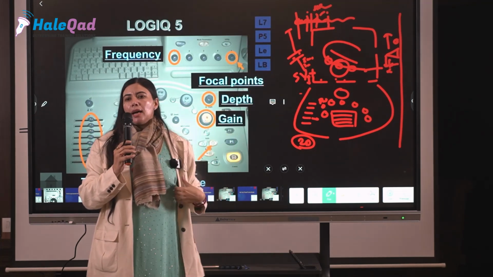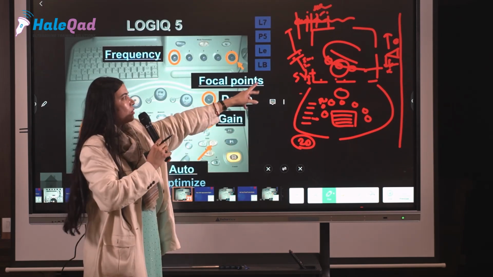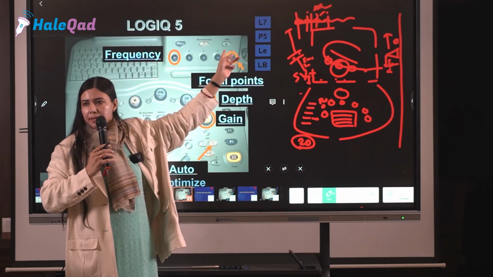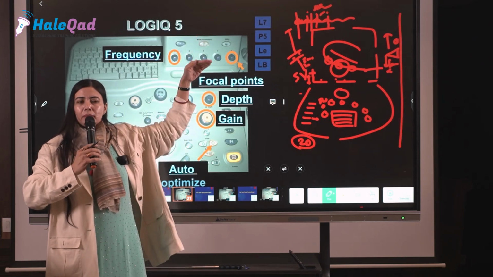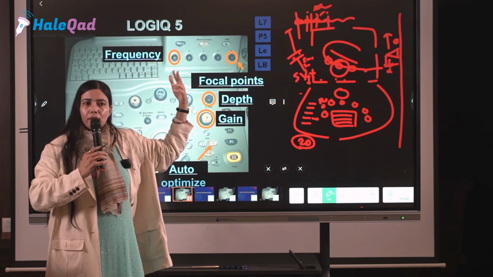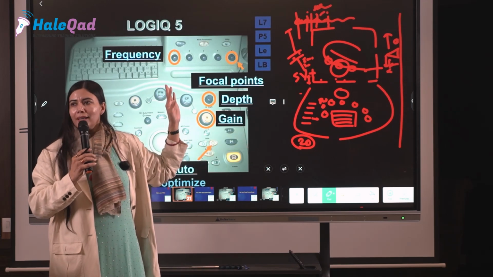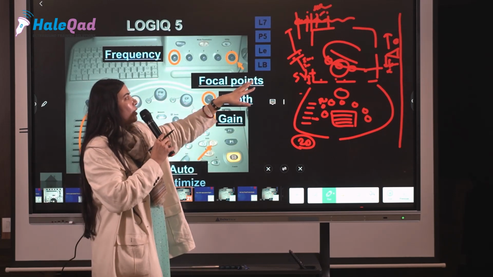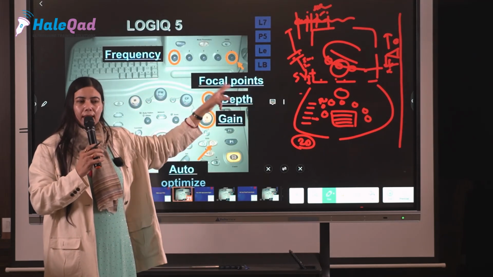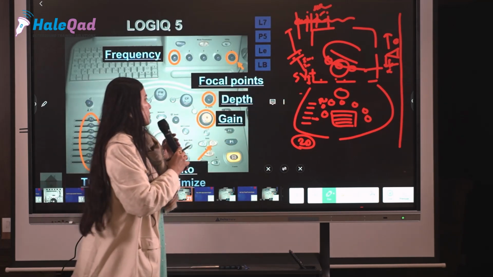But just imagine, I have set a soldier and given him one gun and told him to fire on this place. He will keep on firing. Now I tell him to fire on 2 other places simultaneously. So his vision is divided into 3 now. If you are dividing your focal zones, using many focal zones, your resolution is going to get compromised. So what is best is to focus only on the region of interest. And the moment you rotate it, you realize that this region is now focused very nicely, so you can have a very good image there.